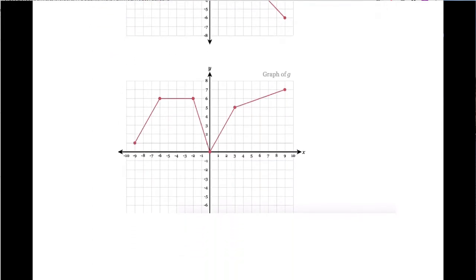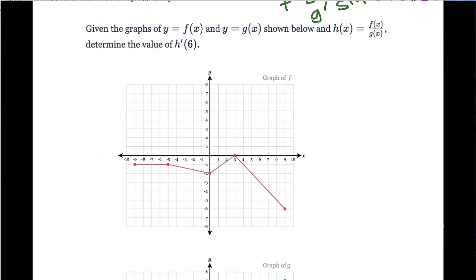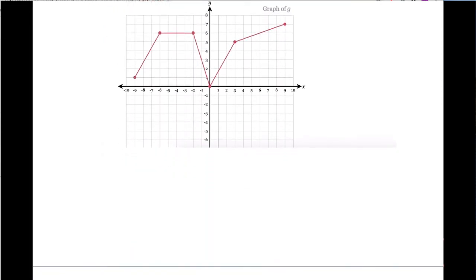Then pause the video and draw a quick graph of g that I'm going to utilize. And now we'll do the problem. So it looks like h of x is equal to f of x divided by g of x. So if I'm going to find h prime of x,